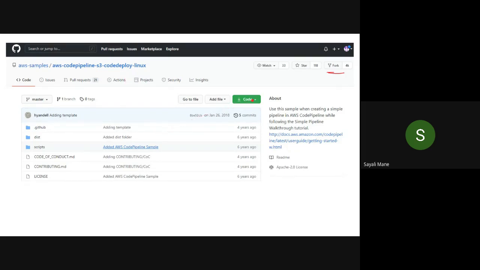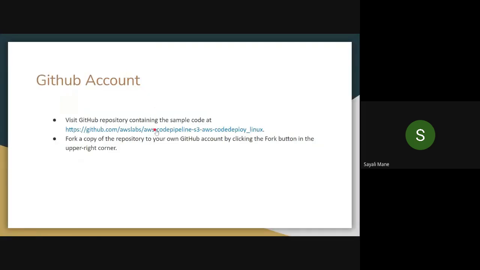On the right hand side there is a button called fork. I couldn't find any repositories. Can you share the link?